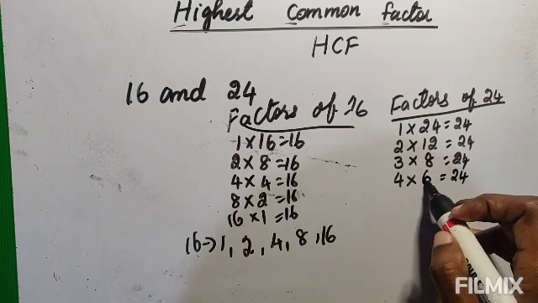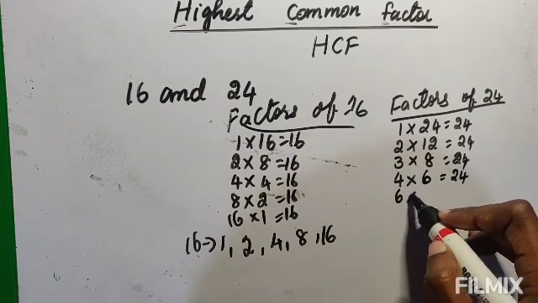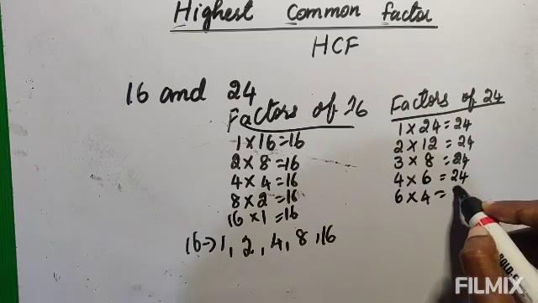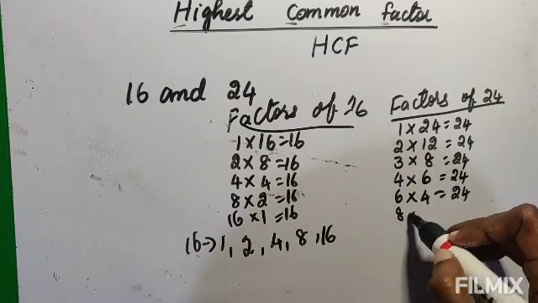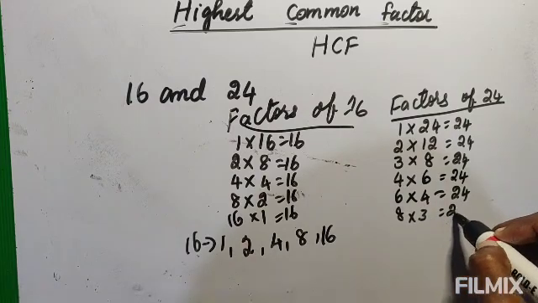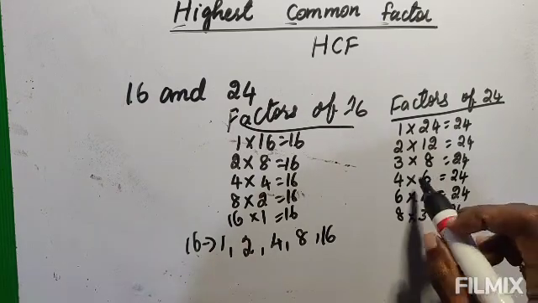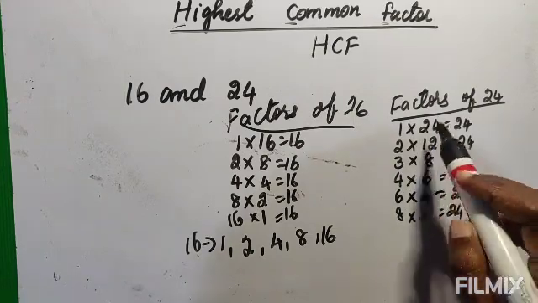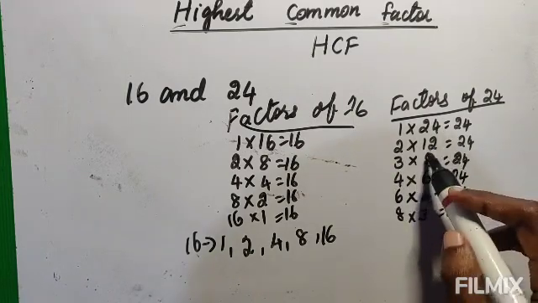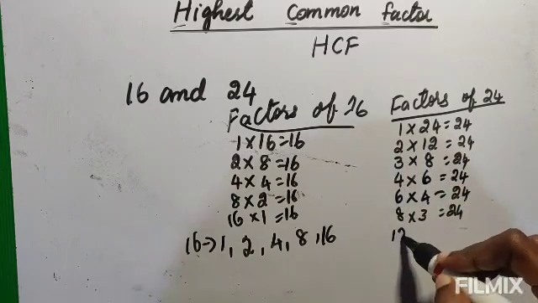Again 6, so 6 is repeating. So 6 into 4, just changing the order. Now this one also changes the order, 8 into 3. You need not waste time by checking all other numbers. When the numbers start repeating, you can just go upwards, change the order and write. Now 12 into 2,